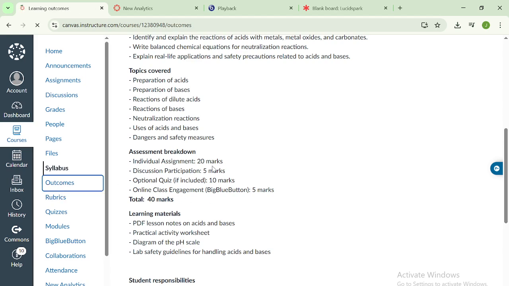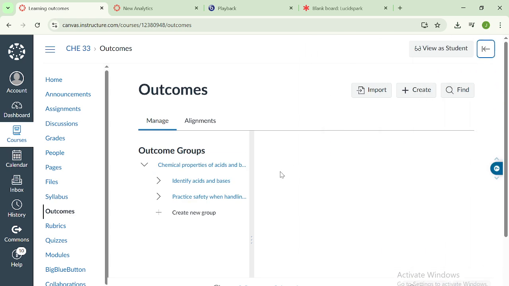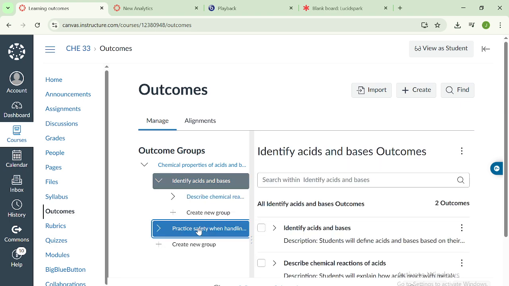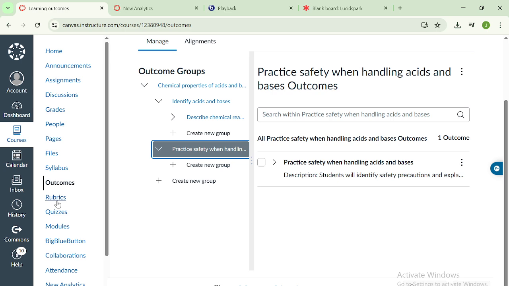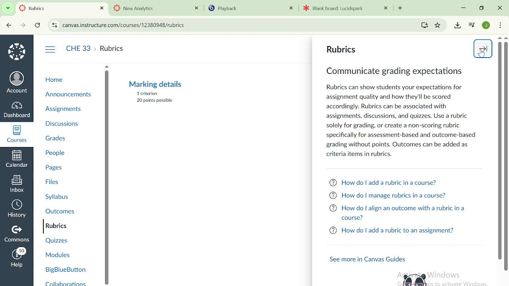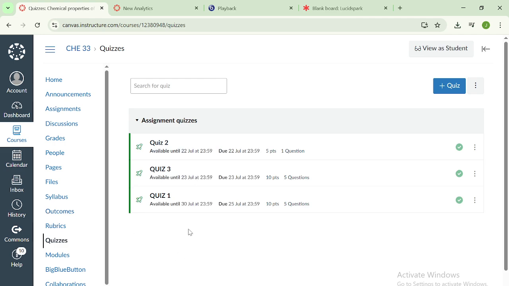Outcomes were shared as well to help students know what they are expected to learn and what they are intended to achieve during this course. A rubric was shared also to show students how marks will be allocated. Here are the quizzes. Let's take the sample of quiz number 1,